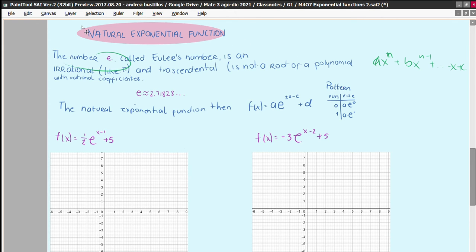So this is a very special number, and its first appearance in math was when studying compound interest, and that's something I think we're going to study further in our class. It's also a natural exponential because, as usual, this is a number that occurs naturally in nature, such as the inverses of logarithms that are used, for example, for the Richter scale. That is the one we use for modeling earthquakes. It also appears in investments, compound interest,